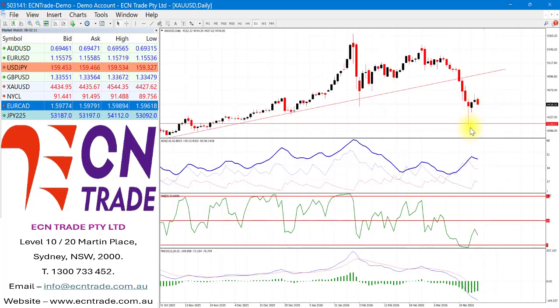And also the recent rejection from 4,100 rallying and now looking a bit soft again into the European session. As we can see, we're getting a bit of a plummet here after a price up around 4,540 is now over 100 points lower. Market is still very nervous, and I still feel that from a technical point, I'd rather sit out until I get some indication of where this direction can eventually lead to.